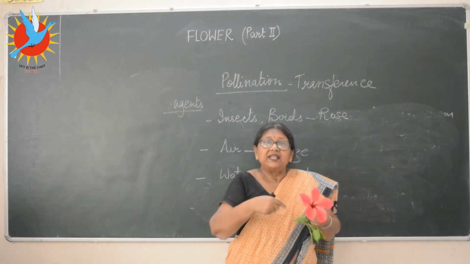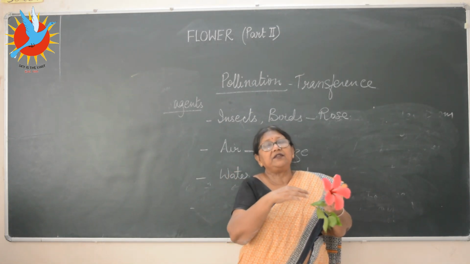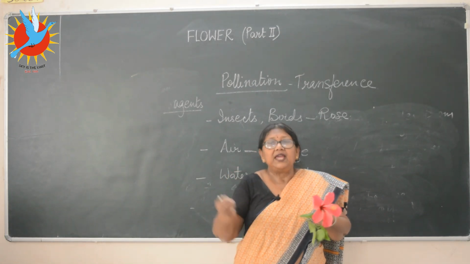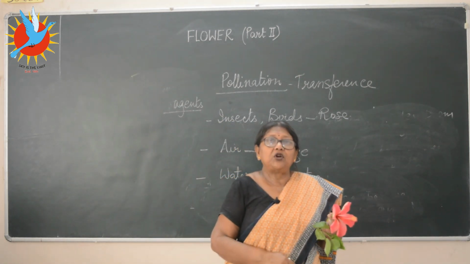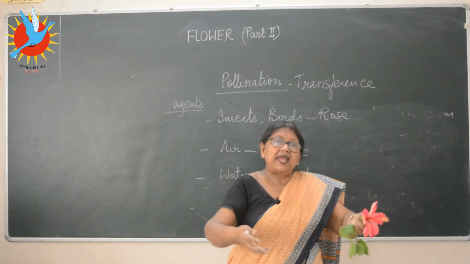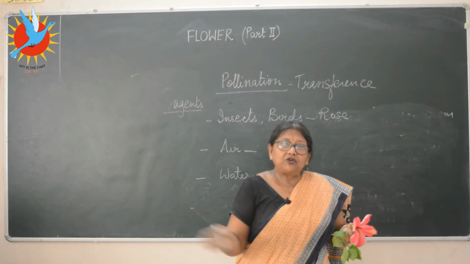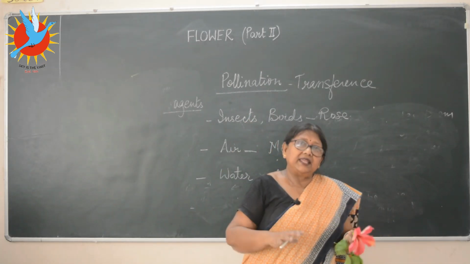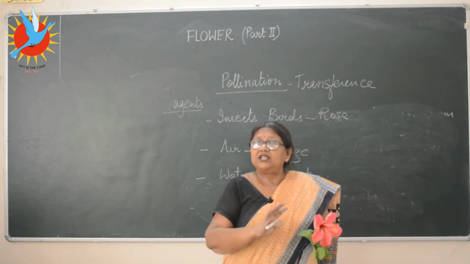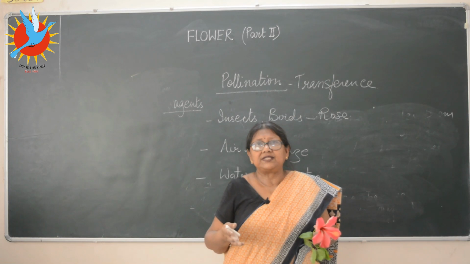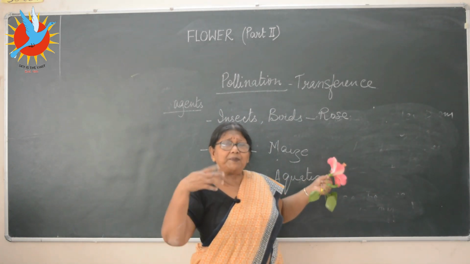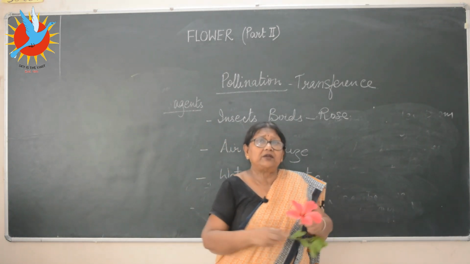So what happens? The male and the female flowers are separate, they are different. With the water current, the anther might be carried away, and where the stigmas are hanging, floating, they come across them and get stuck there, and they bring about pollination. For that also, they don't have to produce nectar or have very brightly colored flowers. It's a very simple thing. Just apply your common sense and you will be able to answer all the questions.